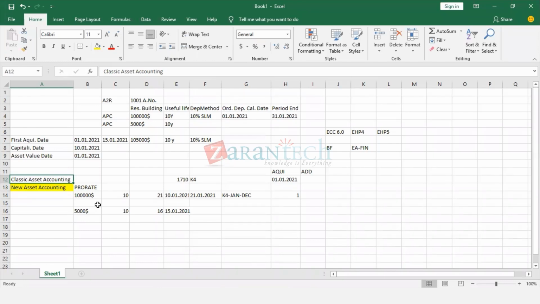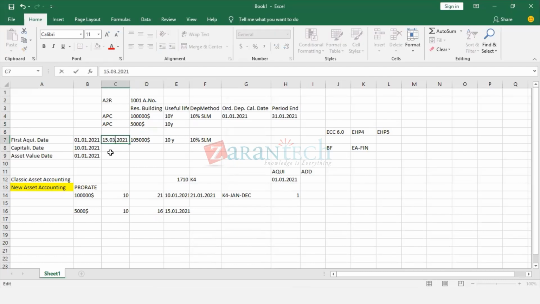But I'll take some screenshots from the previous announcement and show that, because there are some differences on the configuration side. What is happening is that the addition is not happening in the same period. This asset is still active, so 10% depreciation is going to be calculated. This particular value of 5,000, you have not done on the first acquisition. It has been done in the month of